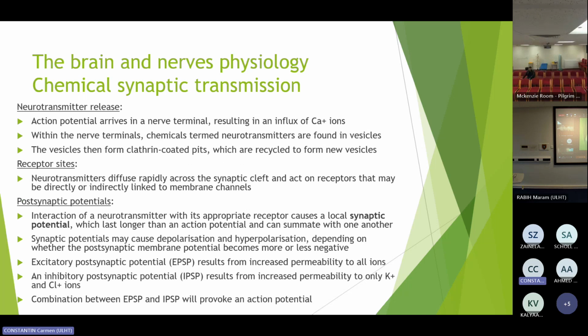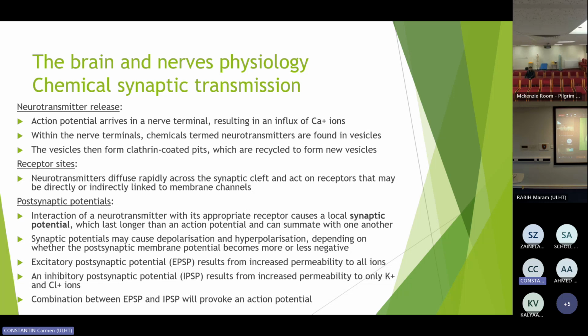So we have the neurotransmitter release, and we have the receptor side and the postsynaptic potentials. This is how the action potential arrives at the nerve terminal, resulting in an influx of calcium. Within the nerve terminals, the chemicals, termed neurotransmitters, are found in vesicles, which are recycled from the new vesicles. About the receptor sites and the postsynaptic potentials, we have an interaction of the neurotransmitters with